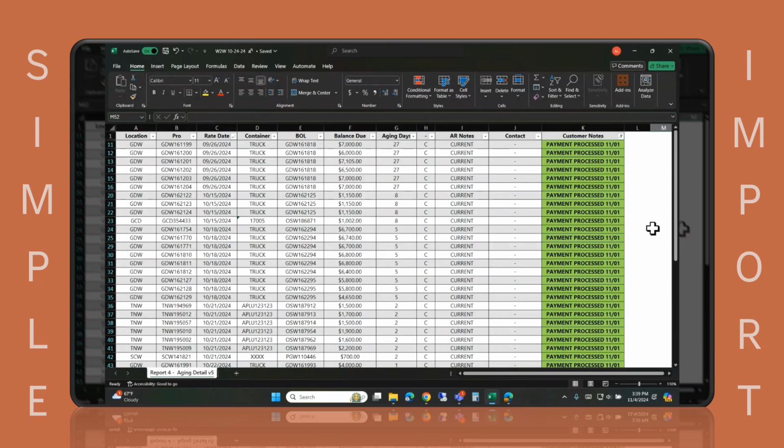So we are going to use the simple import sheet to transfer our customer notes from our statement into Lockstep. The simple import sheet works best for this customer's account because they are a large account who pays on time and typically pays their invoices in full. We don't have to worry about marking anything as disputed or setting up any follow up dates for a customer. So that's why the simple import sheet works just fine, is because we're just simply uploading a promise to pay